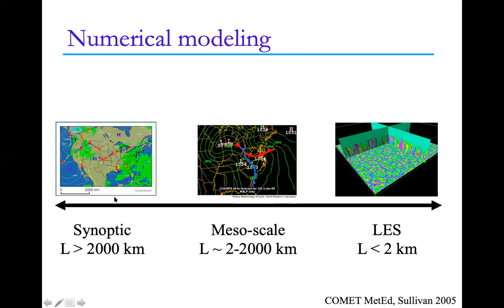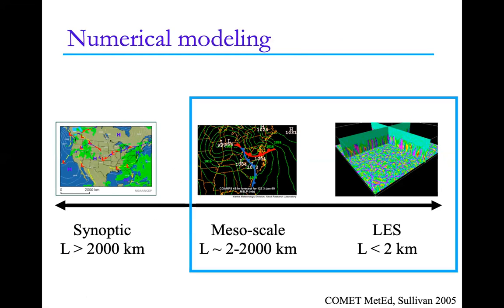So in mesoscale modeling, we've traditionally had a synoptic scale model, the very, very large global scales. And at the very fine scales, we have large eddy simulation, which traditionally was used in a very idealized way. And somewhere in between, we have mesoscale simulation. So the length scales range from greater than 2,000 kilometers to down to 2-meter resolution that we use in LES to capture scales that are less than a kilometer or two.